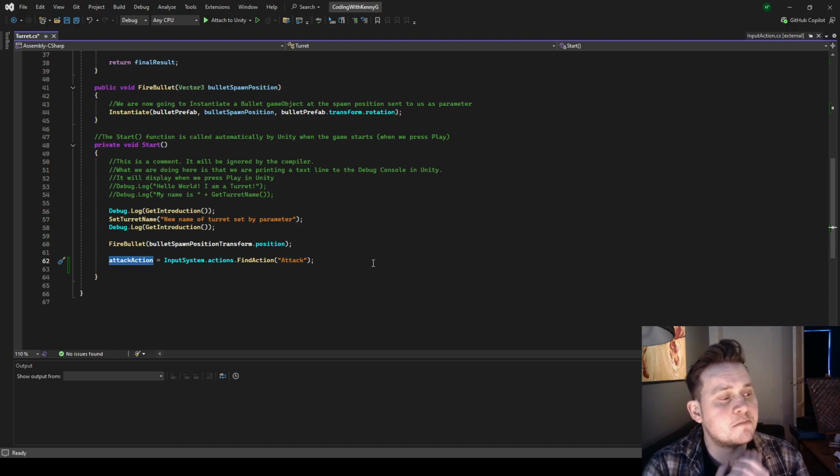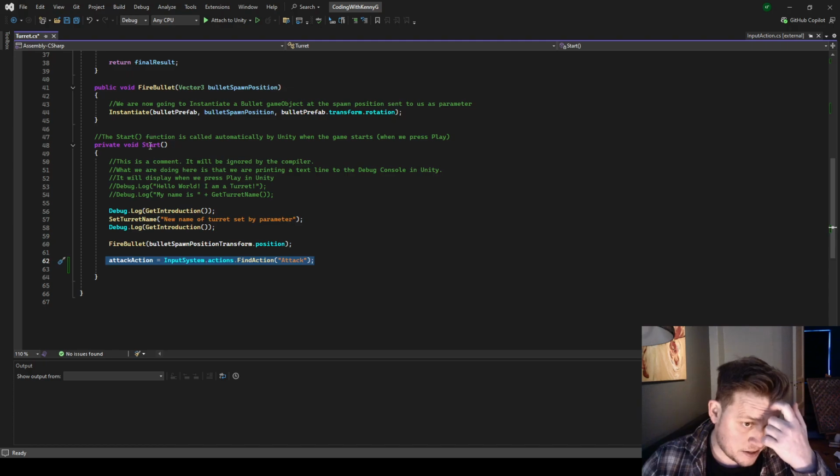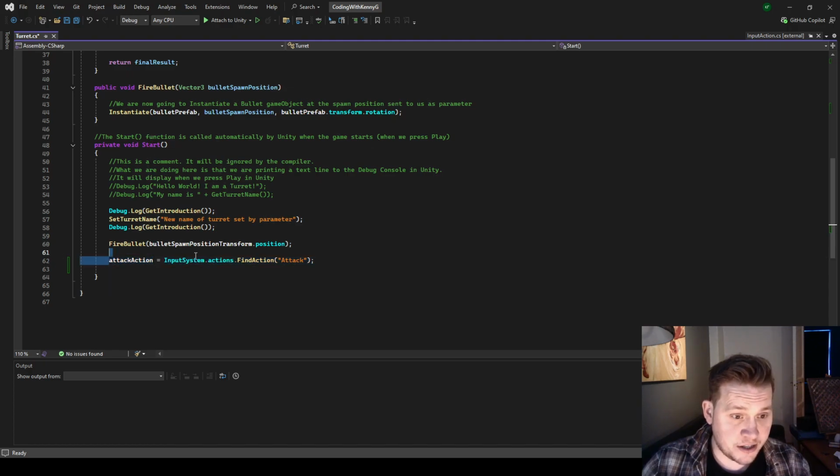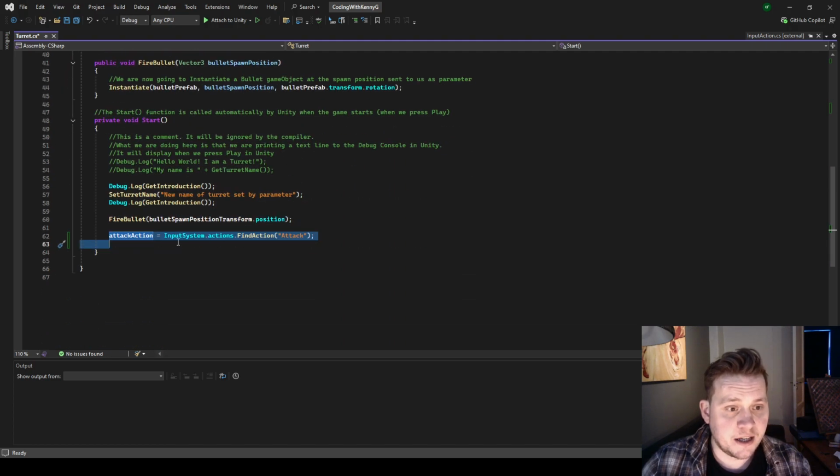Then we can respond to that event and do actions. In this case, we want to fire a bullet. So, okay, we have prepared in our start function, we have assigned this variable a value. That's all we need to be able to go to the next step,